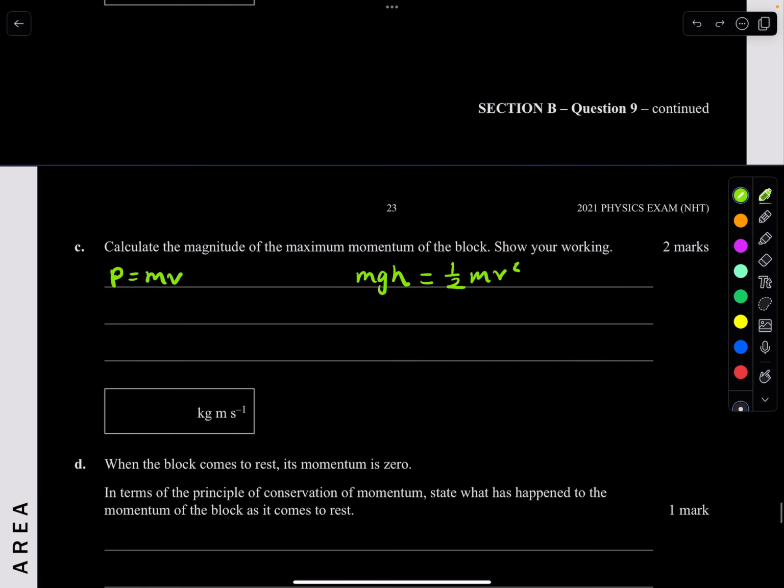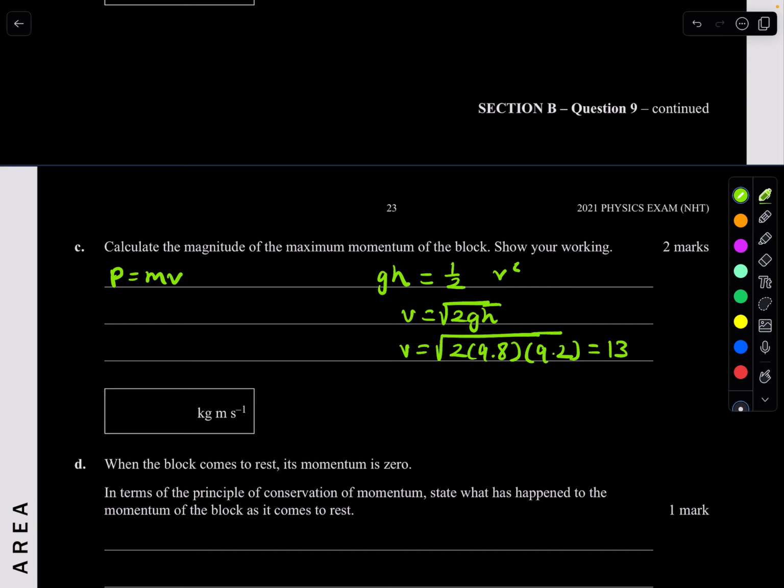we can cancel those m's out, both have m's. We want to calculate velocity, so v is just the square root of 2gh. Is that right? Yep. So 2, 9.8, and what's the height? We did calculate the height, which was 9.2. I still have the exact value in my calculator, so that's good. Putting in the square root of 2, 9.8, that, I get a velocity of